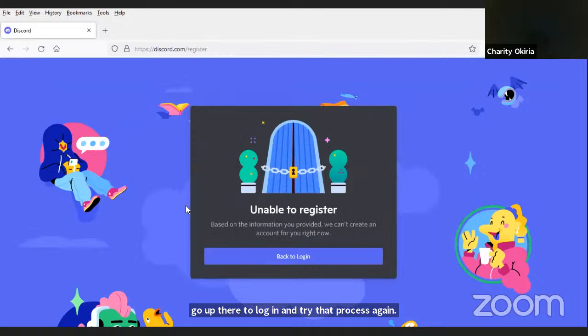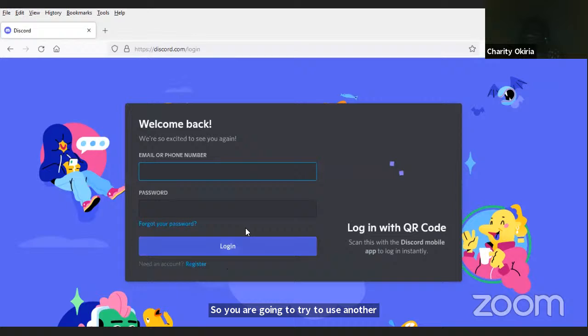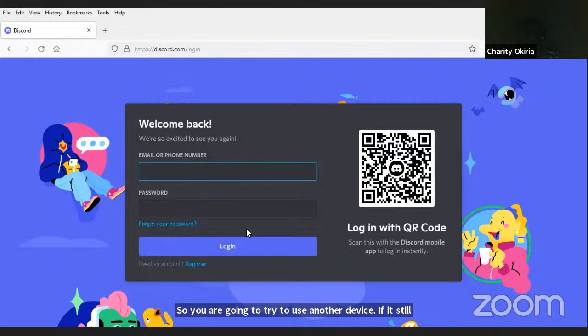Okay. So Fantasia, this is what you're going to do. I want you to try using another device. If it still works, make sure you put every detail accurately and do not skip anything, okay? Fantasia, you try using another device.